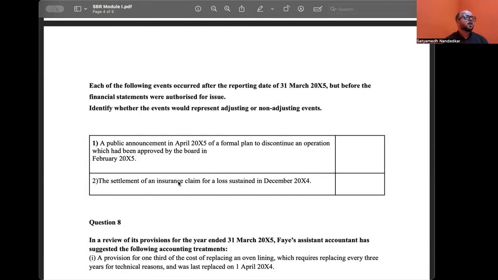Discontinuing an operation. So when you have to create a provision, ideally there has to be a constructive obligation on the balance sheet date. If there is no constructive obligation on the balance sheet date, you cannot create a provision. Now, a constructive obligation can only happen when you have made a public announcement of your plan and the stakeholders are aware of it. In this case, the public announcement was done after the